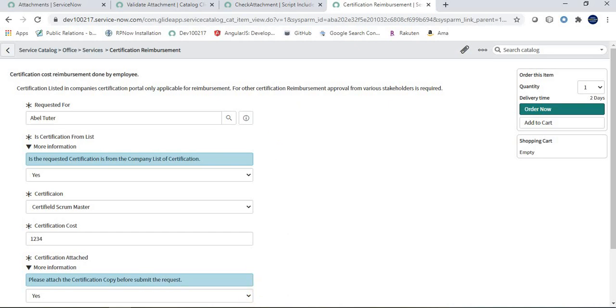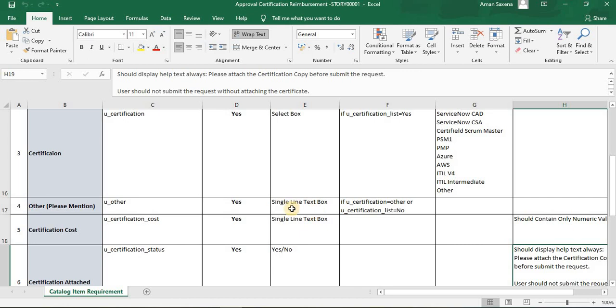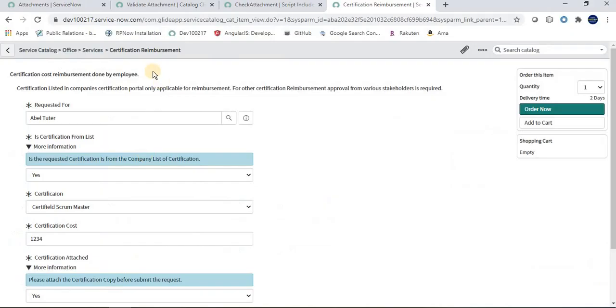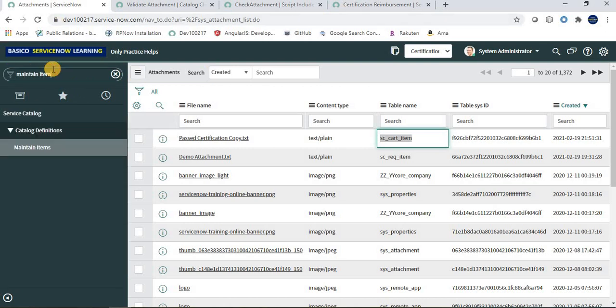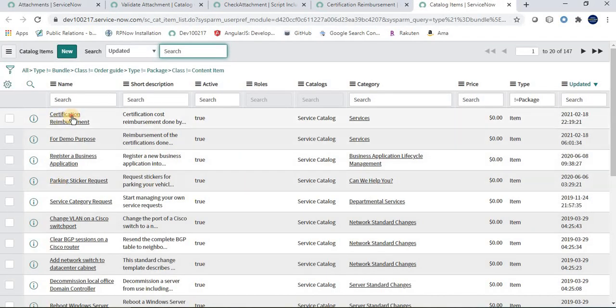Now we have to figure out the other functionality, that is the numeric value. Again we are validating it on submit, so we will be writing code on submit. So go here, type maintain item, because we have to write code now. Again we have to define a catalog client script, as we are already done with validate attachment.